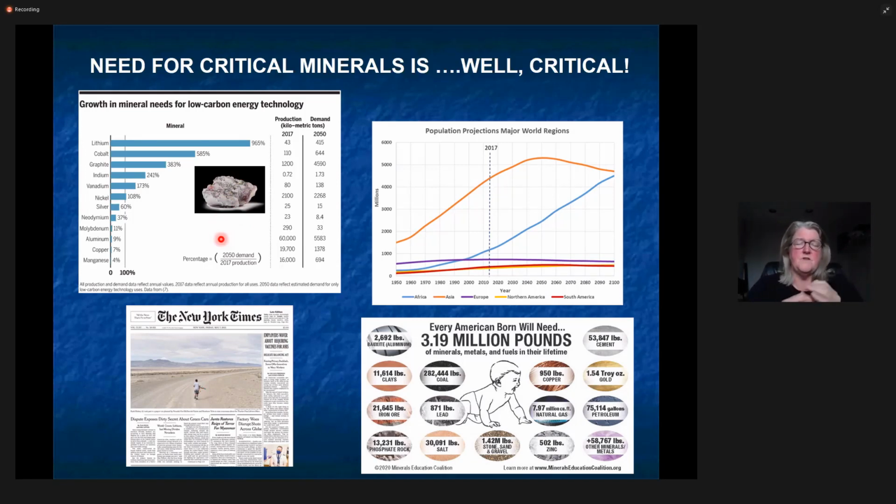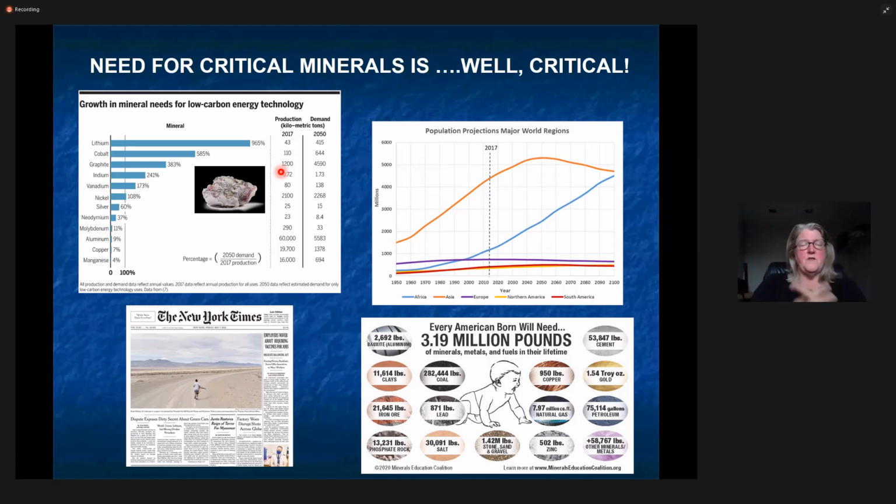One of the things that you'll notice in this graph on the upper left is that aluminum, copper, manganese, these are the things that we currently mine a lot of, and we use a lot of because we have a demand or a need for them. But what you don't see in here is the demand that we are going to have by 2050 for graphite, cobalt, and lithium, which is huge. And currently we mine almost nothing.